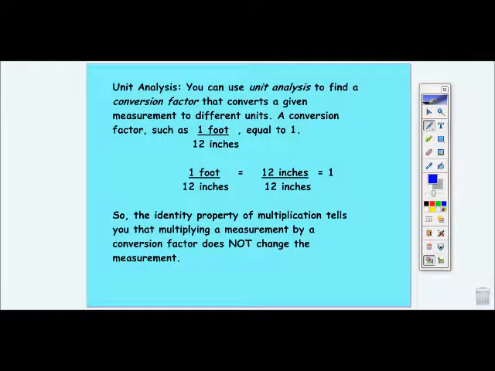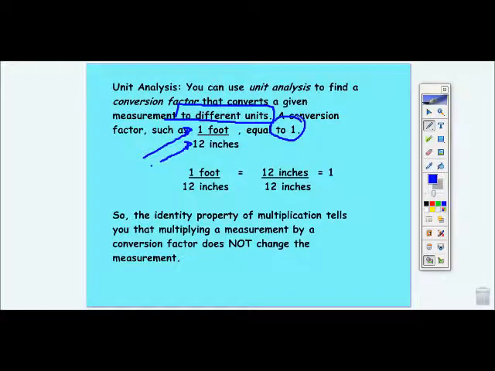And our last one is about unit analysis. You can use unit analysis to find a conversion factor that converts a given measurement to different units. That's the reason that we would use it, if we need to have our answer in a different unit. A conversion factor such as 1 foot over 12 inches equals 1 because both the numerator and the denominator equal the same distance. So you have a fraction that is the same numerator and same denominator,